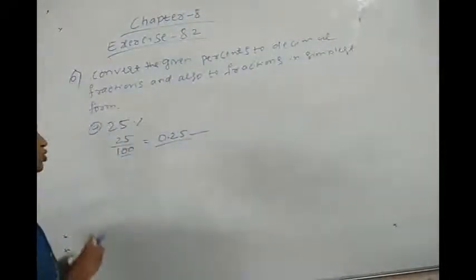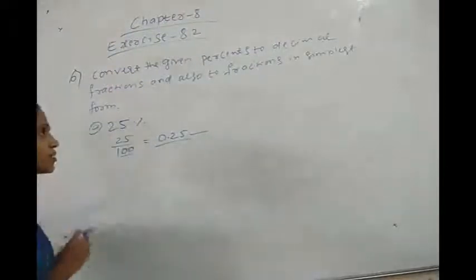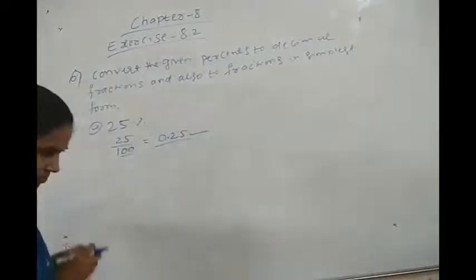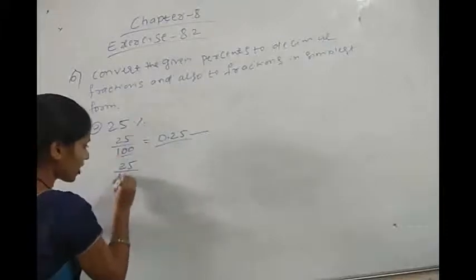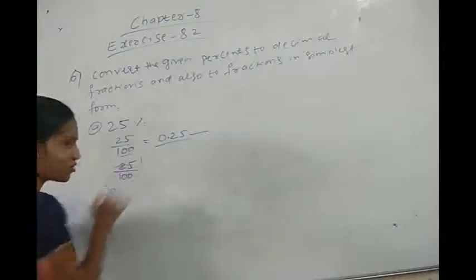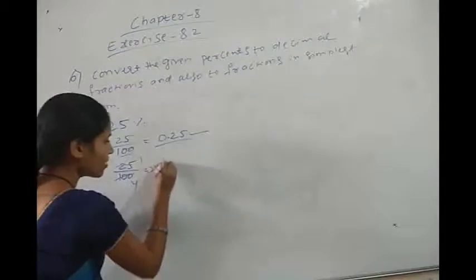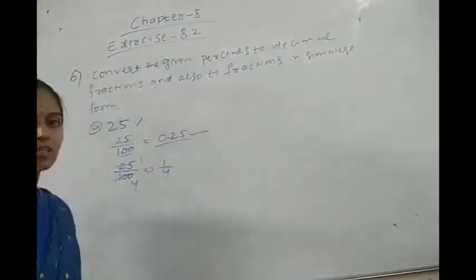Now we should convert this percent in terms of simplest fraction. Simplest fractions means what I have explained to you. Okay. Now see here, use the same fraction 25 divided by 100. Now you can see 25 fours are 100. Now 1 by 4. So check out whether this fraction 1 by 4 is in its simplest form or not.